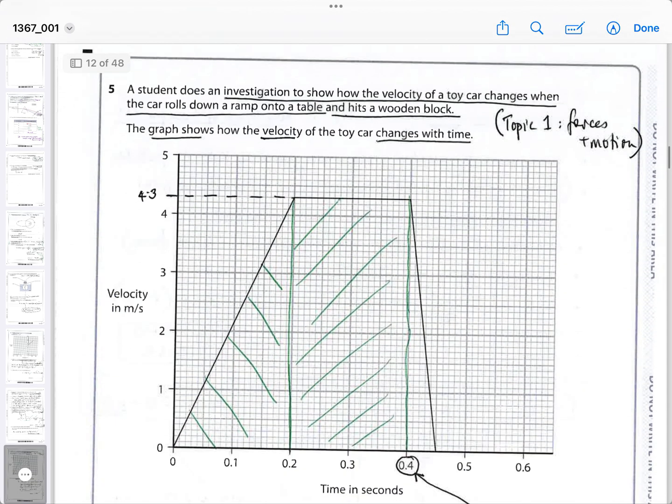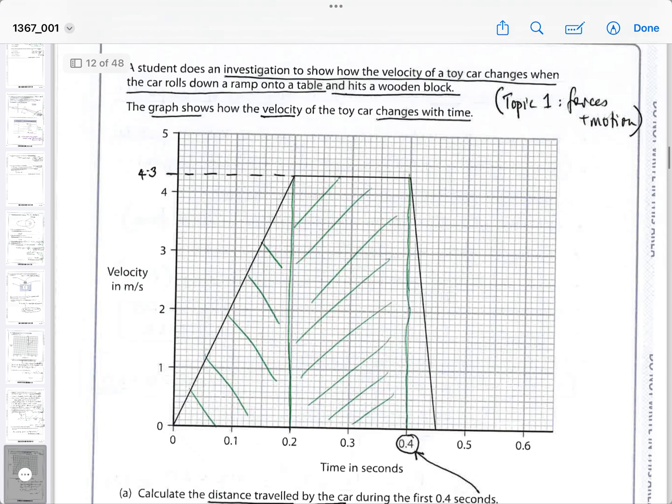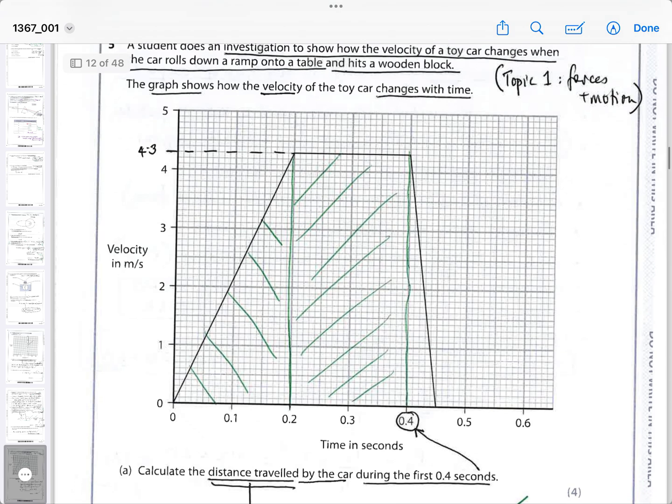Next question is from topic 1, forces in motion. They've given you a velocity time graph where it's accelerating, then going at constant velocity of 4.3 if you read it carefully, and then it decelerates quite quickly in 0.05 seconds. So you need to make sure you read the time correctly. And the first question says calculate the distance traveled by the car during the first 0.4 seconds, so before it